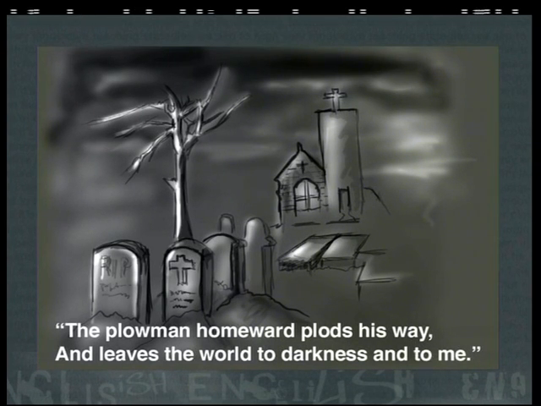Look at the diction chosen by Gray. The words "plods" and "to darkness and to me" suggest the somber and sad mood of the poet. Because the poet has used long vowel sounds, which makes it difficult to read this poem quickly, this too suggests the somber subject matter of the poem. Even the title indicates sadness. Traditionally, churchyards were the sites of the graves of the people in the area.